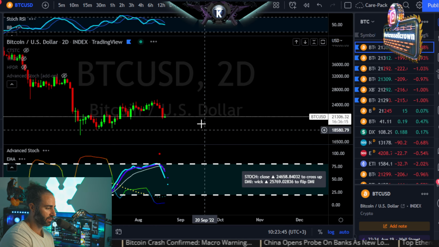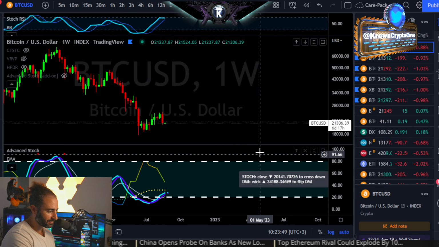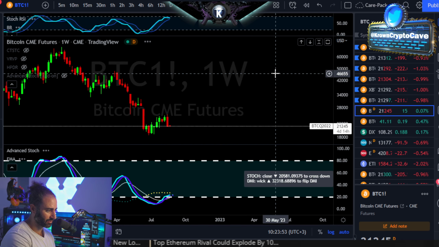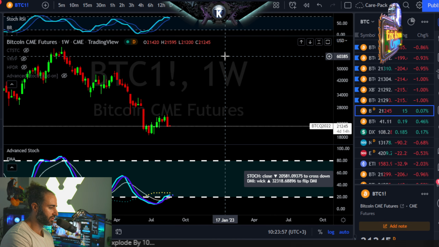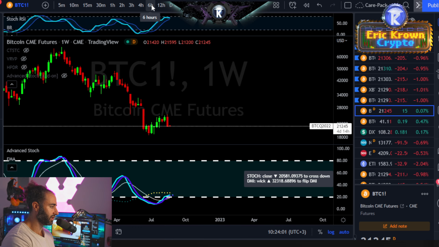The 2-day time frame we already know is already turning down. And then the weekly will turn down below 20,100 at the end of this week. So a long time left to go, not really even worth talking about right now. Same thing on CME, below about 20,600 or so. All right, sweet, or well, maybe not so sweet for many bulls out there.